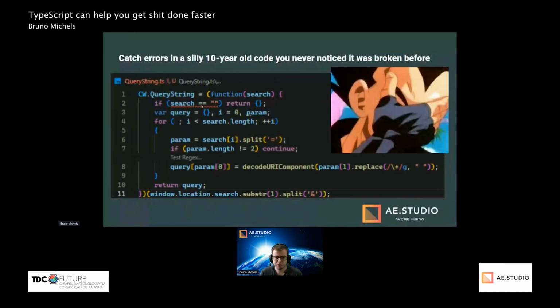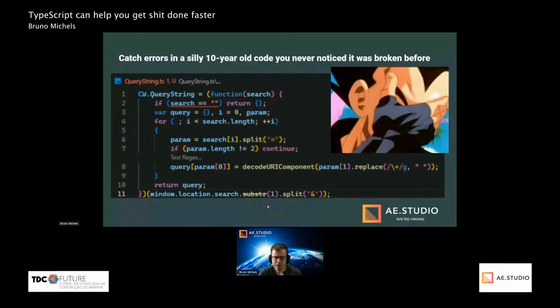So this is not just TypeScript. This is JavaScript. This is never going to run correctly on JavaScript. This is never going to be true. So it's never going to reach this line, meaning line 2 is completely useless here. It simply does not do anything. And I never saw that.